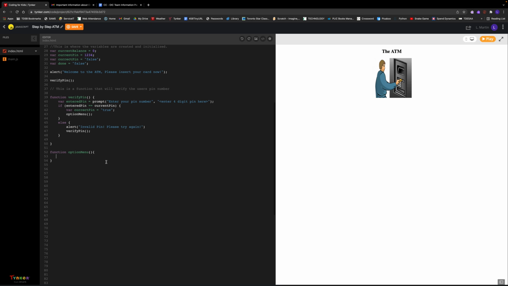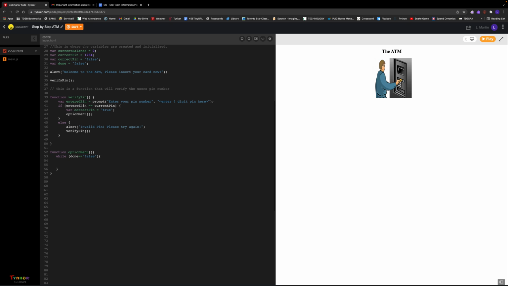Inside this function, which, if you remember, gets called when somebody puts in the right PIN, so it won't actually be called until this happens, which is why I coded them as functions like so. We're going to create a loop. We're going to say while done. Remember we made a variable called done at the start and we made it equal to false. So we're going to say while done is equal to false, which should be the case at the start of this program. So while done is false, in other words, while the person is not done with the bank machine,